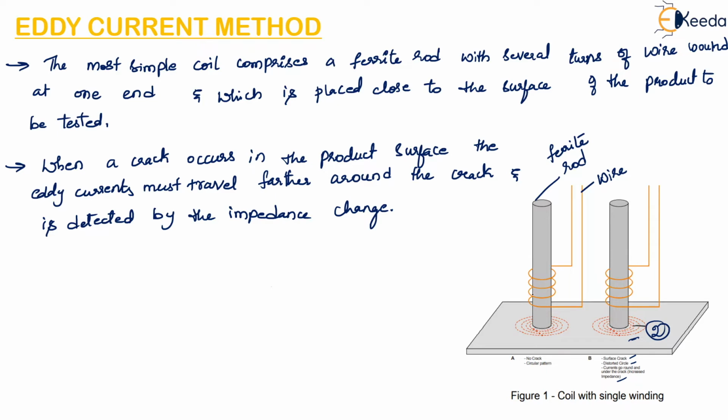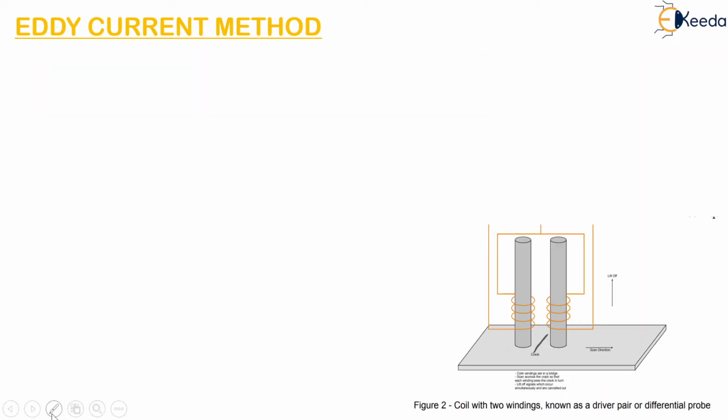So this is a coil with a single winding. So here there is a single winding. So coils can be used in pairs also. So generally called a driver pair, and this arrangement can be used with the coils which are connected differentially. So in this way, here we can see there is a coil with two windings known as a driver pair